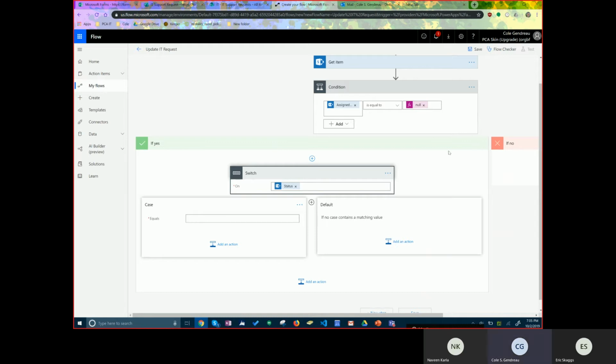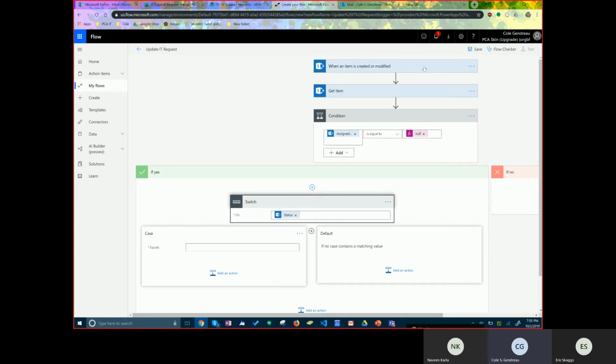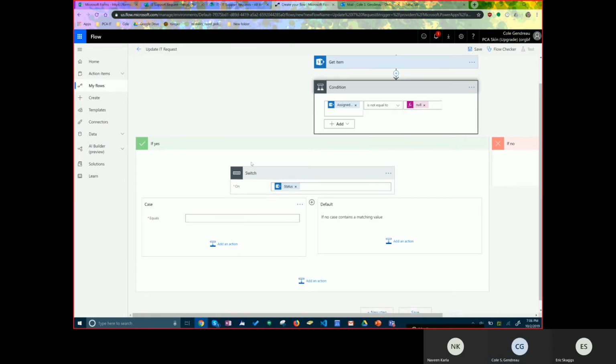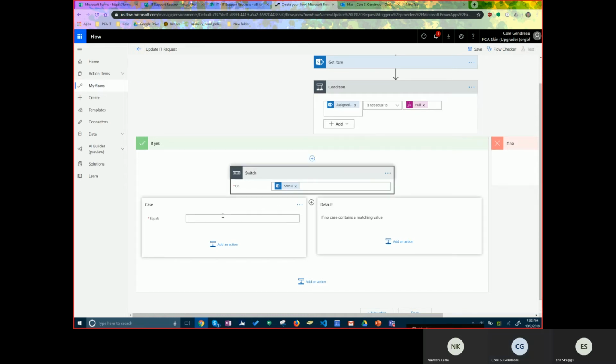Yeah, that may have been what I did, and that's exactly what we will be doing. Yeah, and so I'm expecting this flow to start when somebody's changing something, and it's basically going to go down and say, okay, first things first, is this assigned to anybody? And if it's not, let me go ahead and think about this. Actually, I think we do want it to be not equals to, so it is assigned to somebody. If it is assigned to somebody and the status is new,